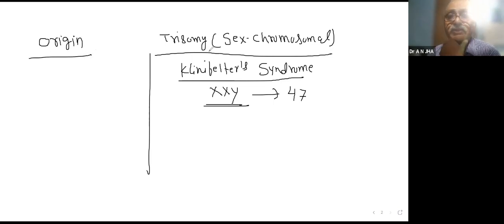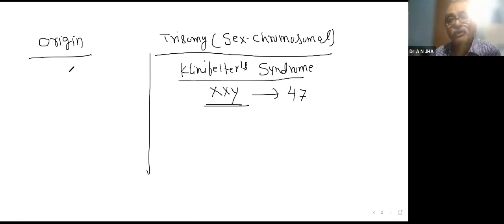And before discussing this, I would like to mention, you might have heard the name transgender. Transgender, which is neither male nor female. All of these are a group of transgender. Transgender has many types, I'm discussing them one by one. So these individuals are transgender in general words, but scientifically there are many types of transgender.